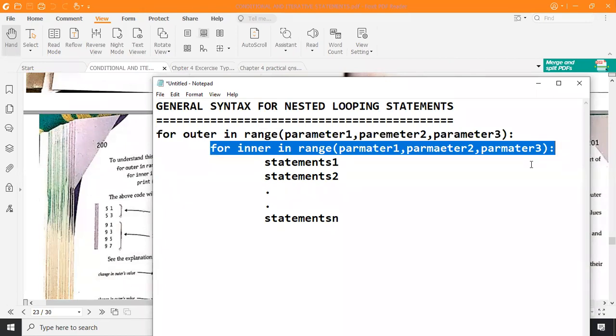After checking the parameters inside the range function in the inner for loop, the program controller gets inside its body, or inside the body of the inner for loop. Means your program controller is inside the inner for loop, right here. In this way, you have to understand these terminologies so that it will be easy for understanding the programs.